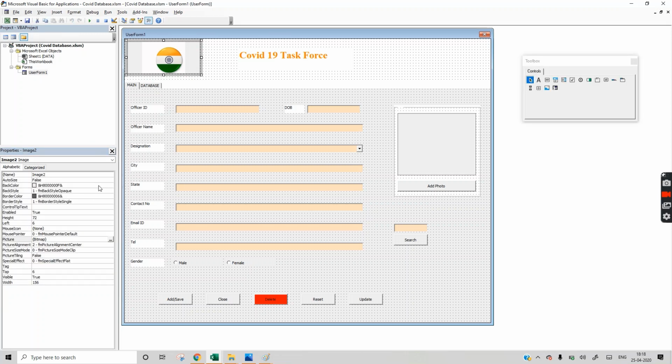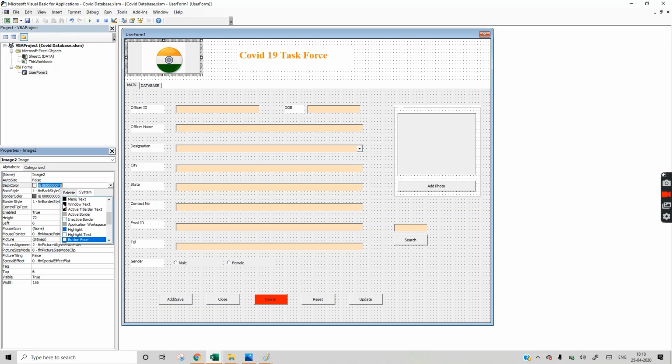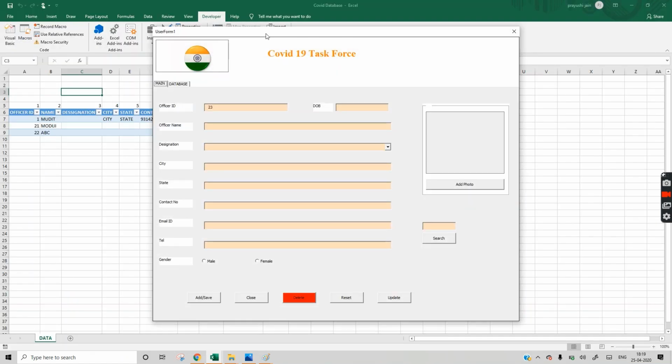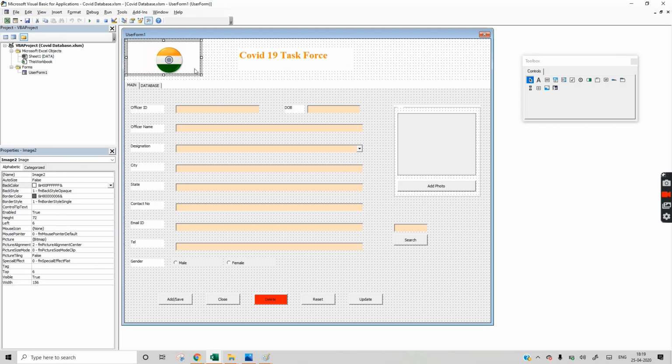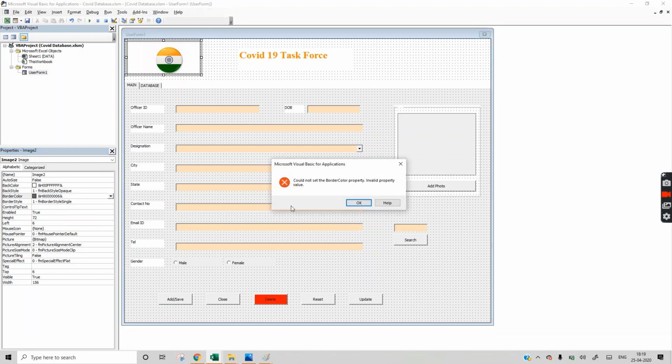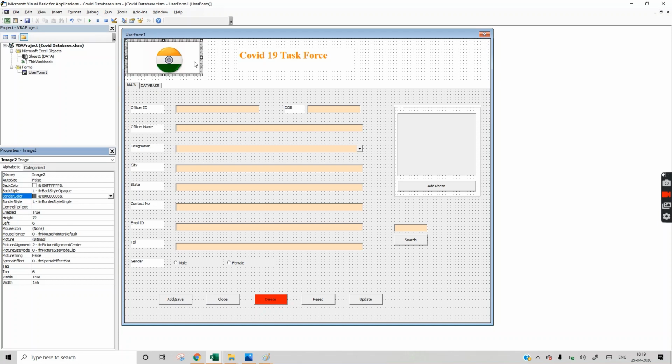Change this background color to white so that it will not look odd. We have to remove this border also, it's looking very awkward. So how to remove the border?